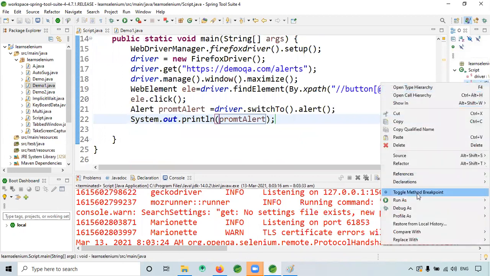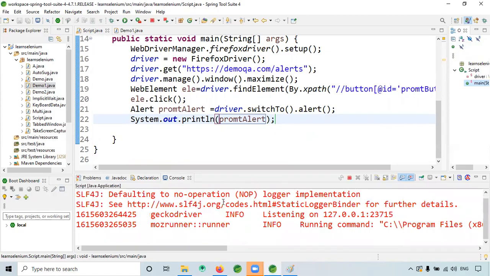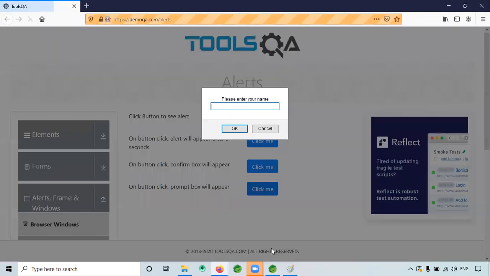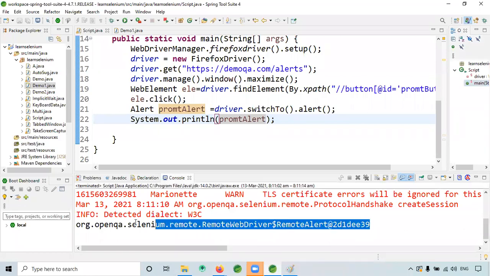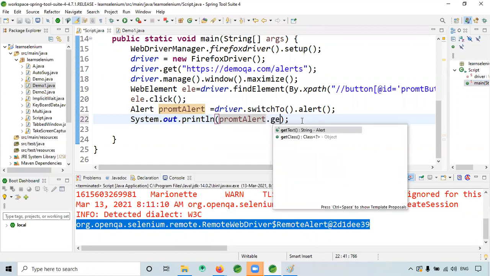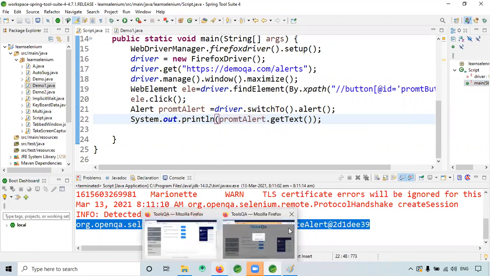Let's see what it will print. See, it is printing an object. So now you just give dot getText. Now you try getText.